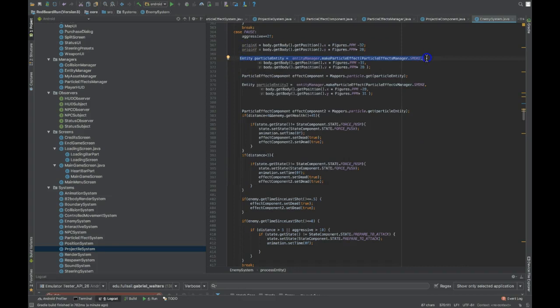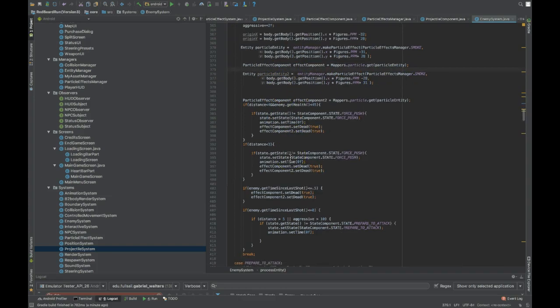So I'm calling for the smoke particle effect, and then I'm getting the position of the dragon, and then I'm adjusting so that I can get for the nostrils. And then I am creating that particle effect and then calling that component so that I can use that and destroy it when he gets ready to,